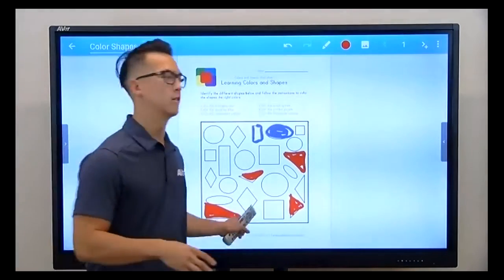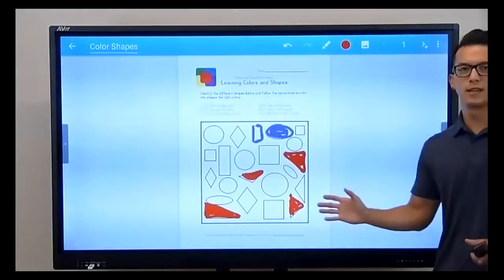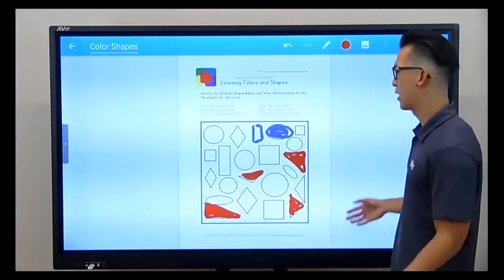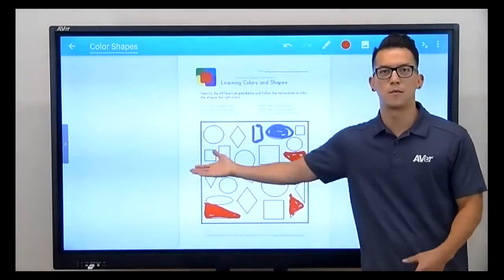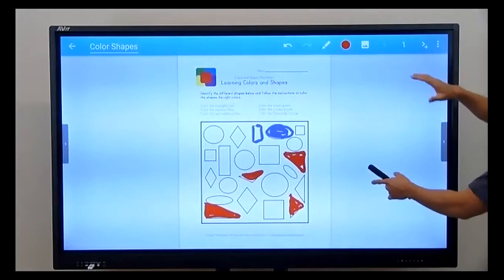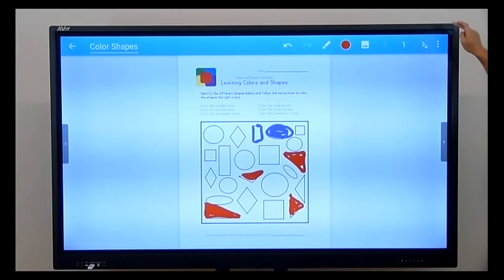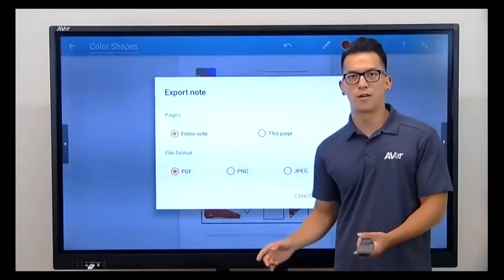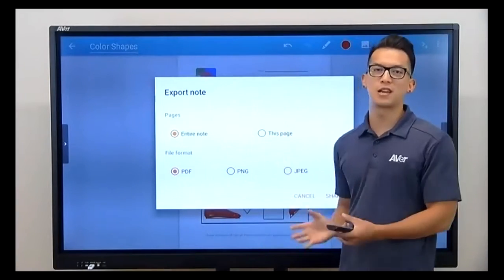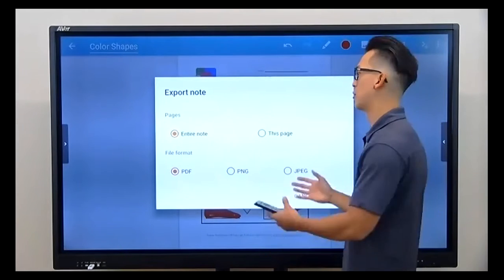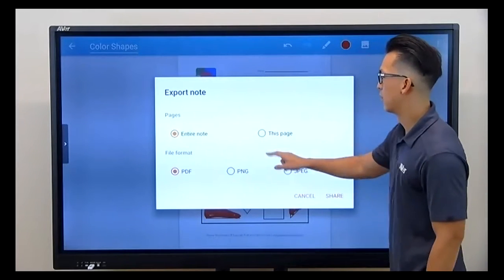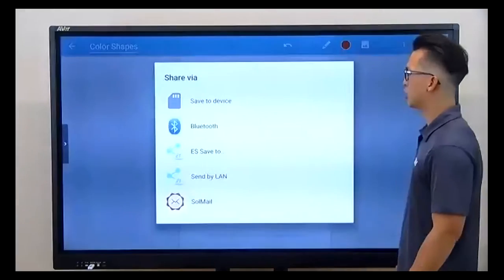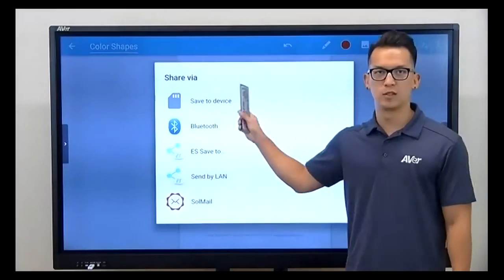There, we finish this worksheet, and I want to save it. I want to email it. I want to put it on Google Drive. I want to do whatever I want to. I want to put it on my USB drive. Very easily done. Just press this one, export. You can choose export this page only or the entire PDF, like the other pages that I had. So I'm just going to do this page only, share, and now you're able to save it to the device,